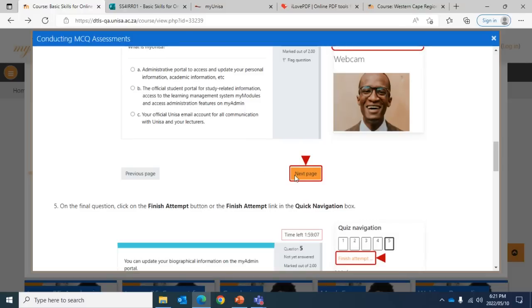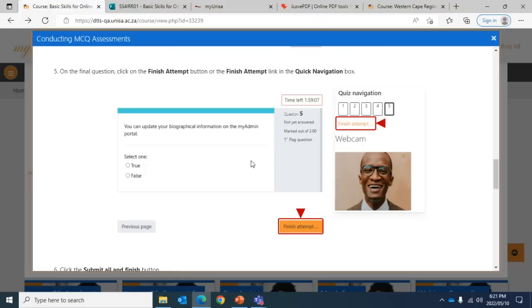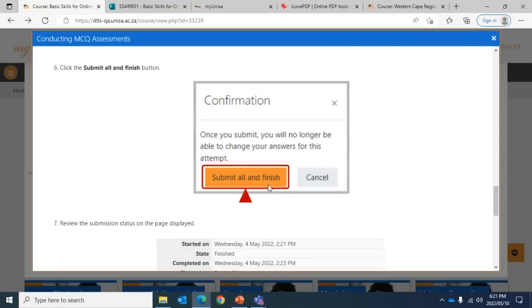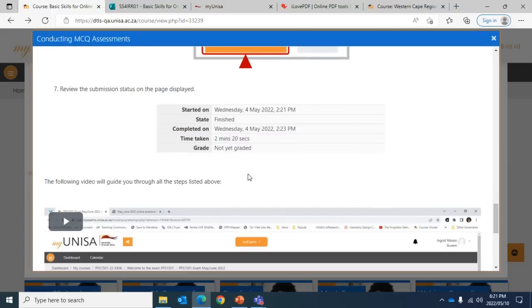So then you click on next. You answer the question, you click on next, and then you work through all the different questions until it gets to the point saying finish attempt. Once you click on finish, it's going to give you a confirmation, submit all and finish. You're going to click on it, you must click on it, and then it will give you a confirmation